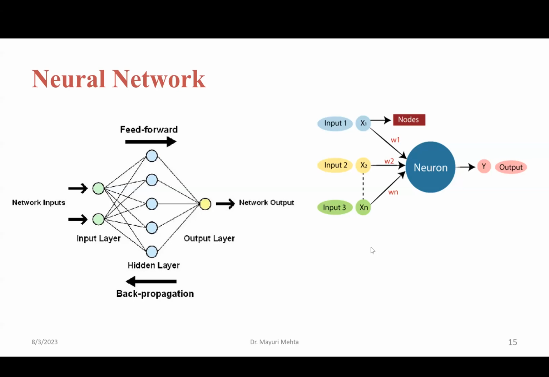Over several iterations, each input in turn leads to updating of the weights which we initially feed to this neural network. Initially we feed W1, W2 up to WN. These are different weight values. Initially we randomly choose the weight values, and then during iterations, these weight values